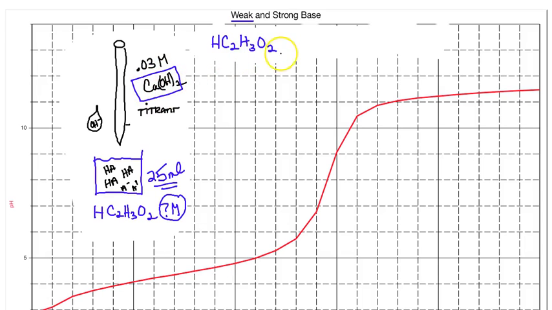Now I'm adding calcium hydroxide, but that's a strong base. Strong bases, by definition, completely dissociate into the hydroxides, and in this case 2 hydroxides, with a calcium plus 2. It's going to completely dissociate as long as my concentration of my group 2 ion is low, as we'll talk about later in the course. So I'm going to add some hydroxides. I know I'm adding 2 hydroxides, but for every 1 acid, there's 1 hydroxide that the calcium gives off. I'm not going to add the calcium plus 2 because I know that